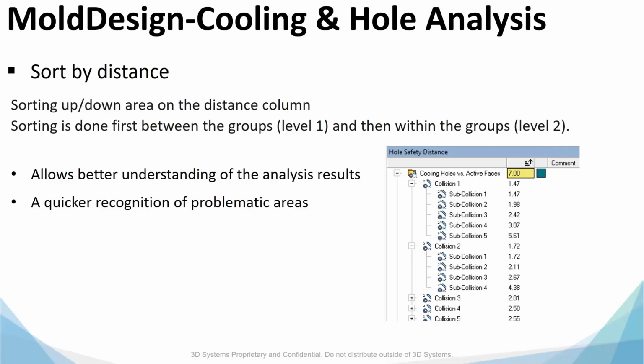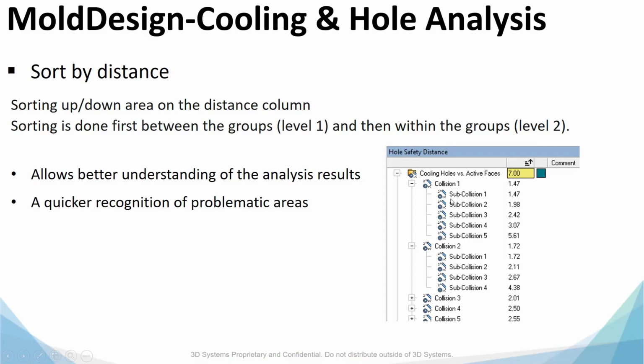Let's continue. Sort by distance. Sorting up-down on the distance column. We have a new option to sort. Sorting is done first between the groups and then within the groups, meaning for each type of analysis, the first level will sort between the groups collision 1, collision 2, collision 3, and on the second level we